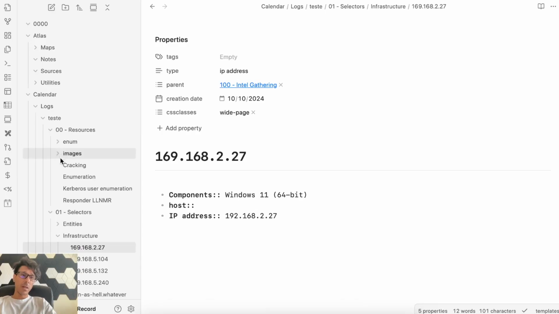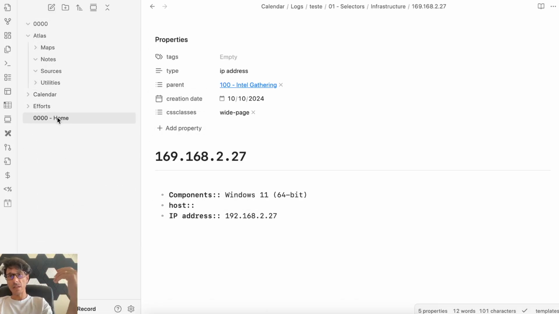I have two examples there. The images, any potential cracking, actually have valid data in there, so I'm not going to open those. Because this is a vault that I'm creating to share with part of my team, namely the part of the Atlas. This is currently versioned in sub-modules. So the main structure is versioned by itself, with the exception of Atlas. Atlas is a sub-module that I have versioned elsewhere outside of my infrastructure, and I'm planning to share that with my team. And so going back here on the calendar,